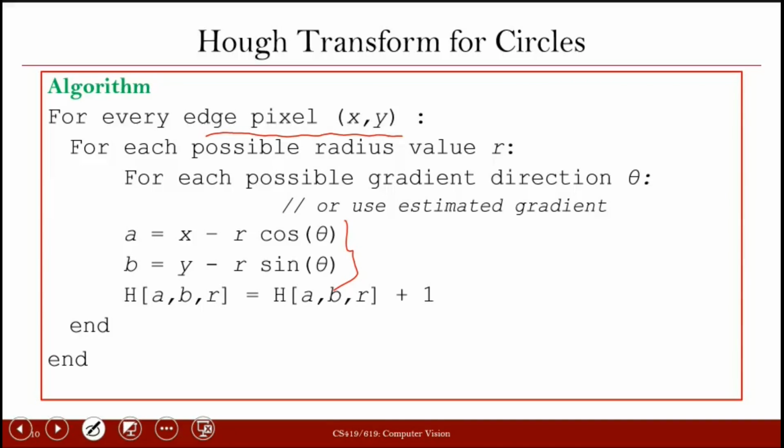So we are considering a particular xy, and for each possible radius value r, and for each possible gradient direction theta, we are going to compute the value of a and b. And for that particular a and b, and whatever the radius we have chosen, corresponding to that in your three-dimensional grid H, a vote is being implemented. Okay, so for every xy, we are going to do this process, and in the three-dimensional grid H, the votes